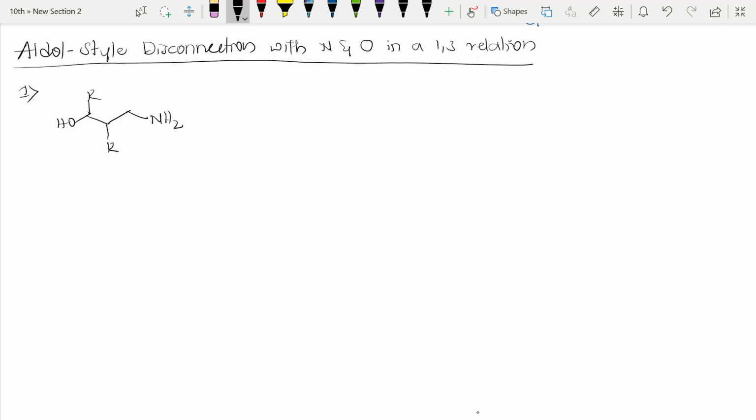See here. Here OH is there, a functional group, and here an NH2 group is there. So see here, this carbon gets 1, 2, 3. Whenever I have written 1, 2, 3, you should see that the carbon near the functional group will get 1. Otherwise, if a carbonyl carbon is there, then I'll give 1 to that. That is what you should observe.